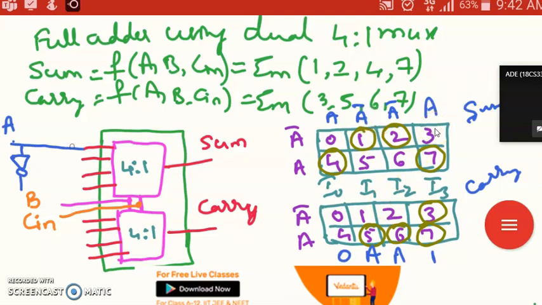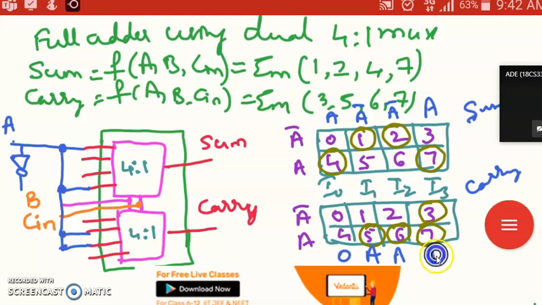So this I4 should be connected to A, and even in the below 4:1 mux, the middle two, I1 and I2, should be connected to A. I'll just make these connections.